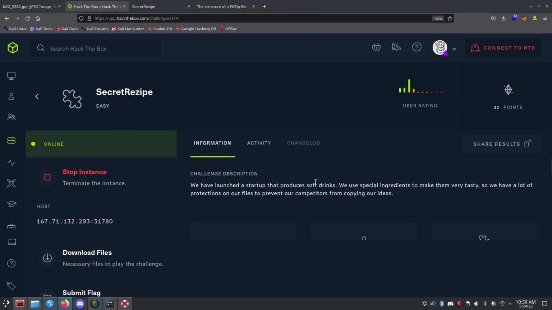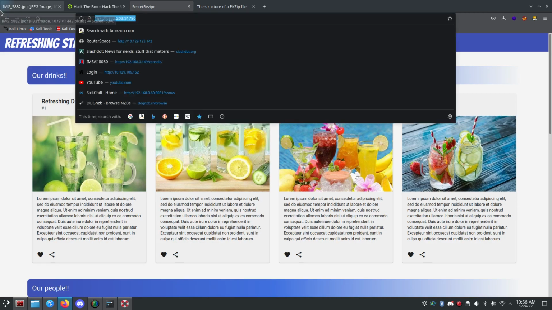We've launched a startup that produces soft drinks. We use special ingredients to make them very tasty. So we have a lot of protections on our files to prevent our competitors from copying our ideas. When you start this, you'll end up starting an instance, which will give you a host with a port. If you go ahead and copy that and stick it in a web browser,